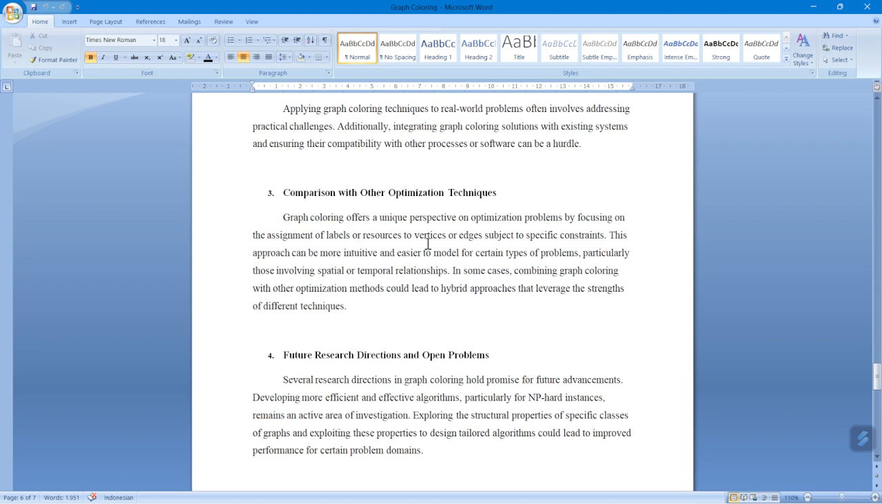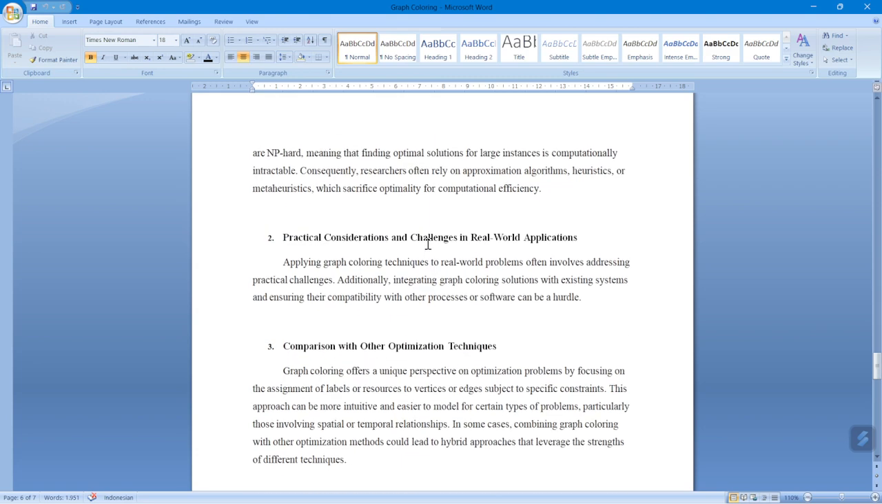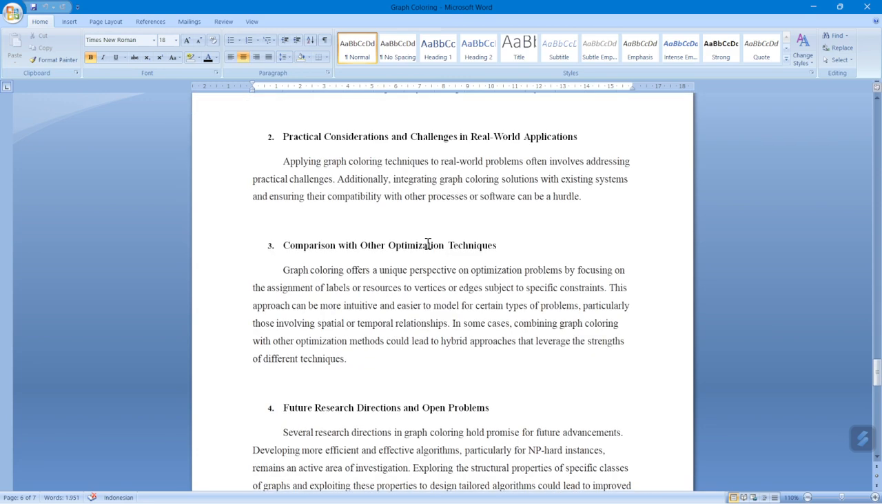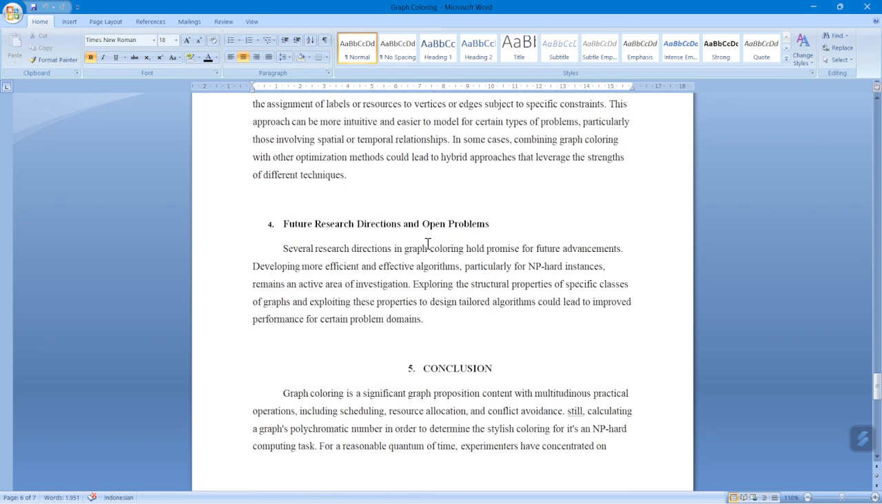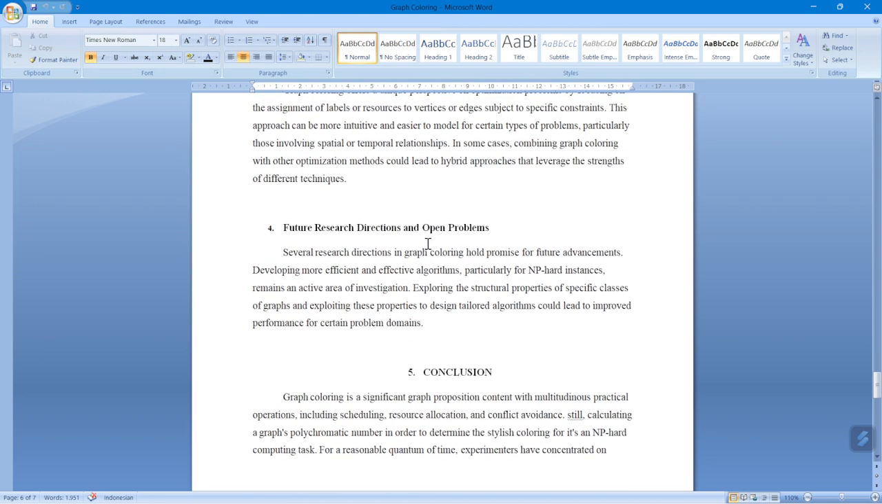Comparison with other optimization techniques: graph coloring offers a unique perspective on optimization problems by focusing on assigning labels or resources to vertices or edges according to certain constraints. This approach can be more intuitive and easy to model for some types of problems, especially those involving spatial or temporal relationships. Future research focusing